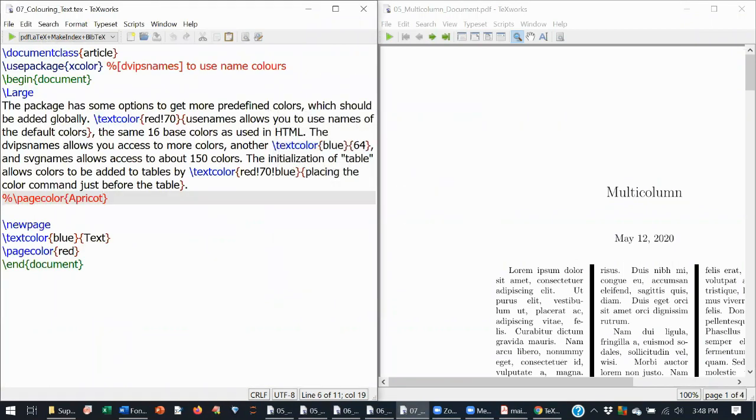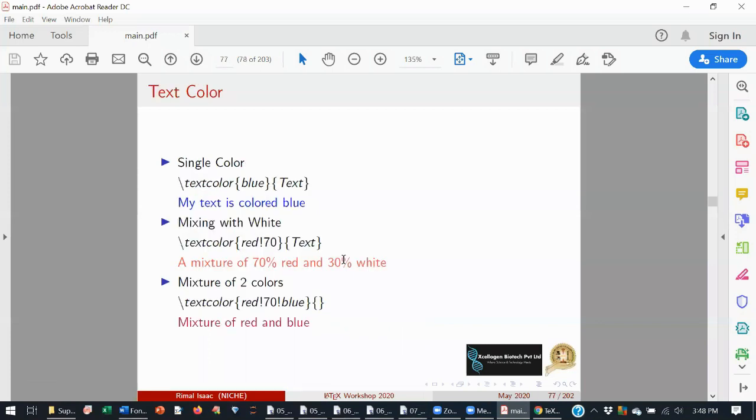So we'll go back to the presentation. So how to give colors. If you want to give a text blue color, what you have to do is you can give \textcolor, and in the bracket, if you want to give it as blue color, you can put blue. Okay, and another curly bracket, you have to put your text. If I want my text colored in this color, this text I want to make it blue, I will put this text inside this curly bracket.